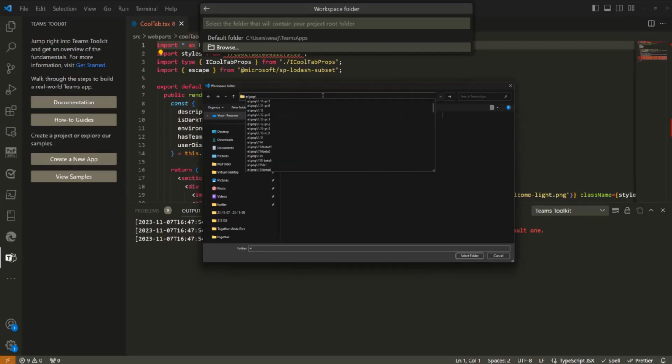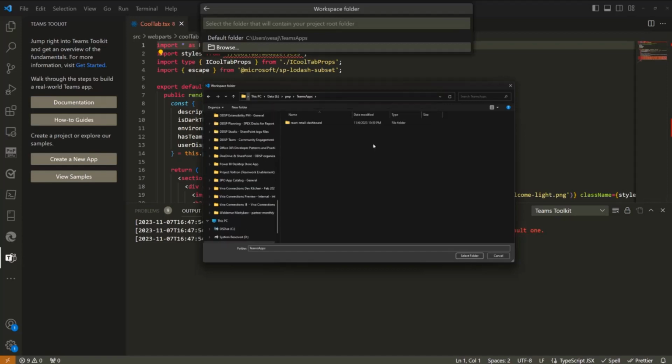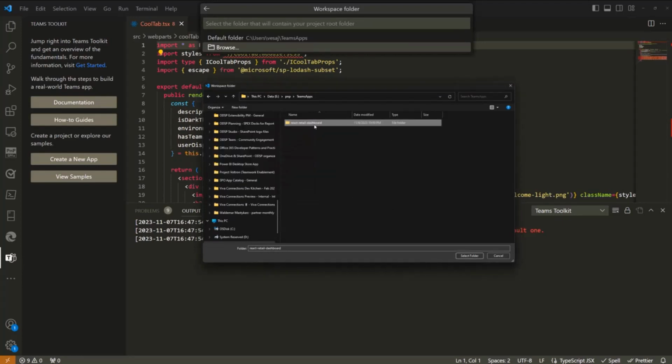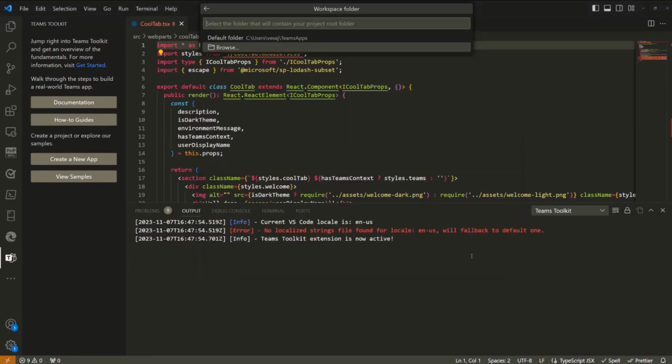And then I have the PMP folder, and then let's do Teams apps. There we go. So I'm putting that in my E drive, which is a bigger location. And I'm saying that this is the primary folder where I'm going to import that existing SPFx solution. So let me select the folder.